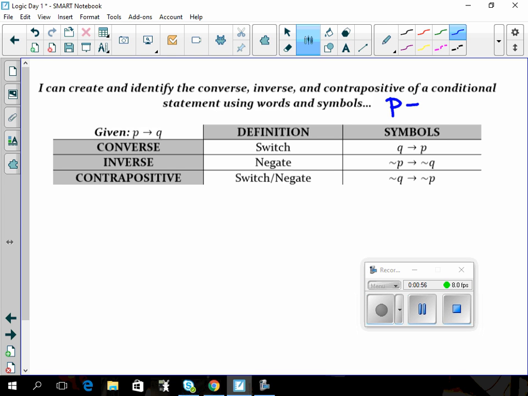If I have some regular old conditional statement, what does the arrow mean? What symbol does the arrow mean that we learned last week? Good, if then. So if P, then Q. If I'm going to write the converse statement, notice what happens. I switch them. Notice sometimes you're switching them, sometimes you're negating them, sometimes you do both. So I want us to try to figure out a way to remember when I do what,